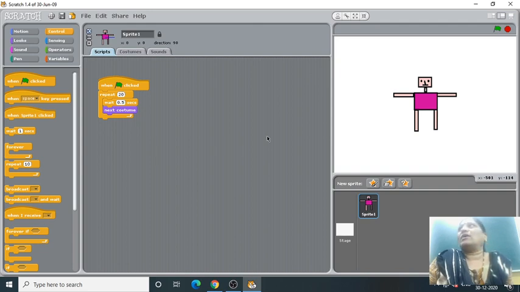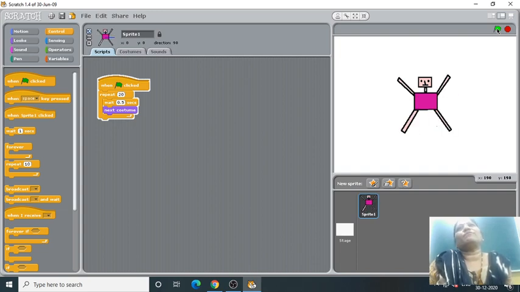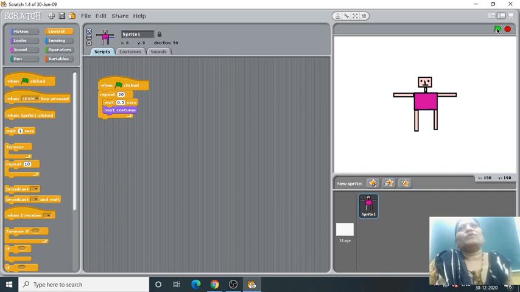Now again we will try. Just click on the green flag. Okay, see what is happening. Now the exercise it is doing is fast. That same step it is doing fast. So it has done the same step repeated 20 times. Like this, any number you can put, or the forever command is here. Using this forever command, up to when you stop, up to that time it will do the same step. This robot will do the same step.